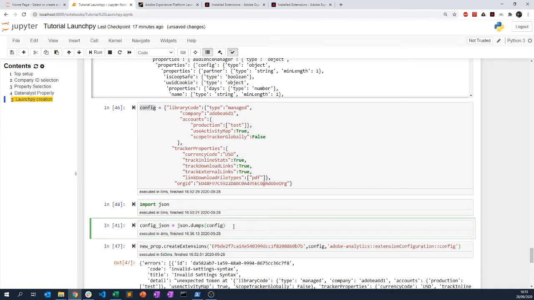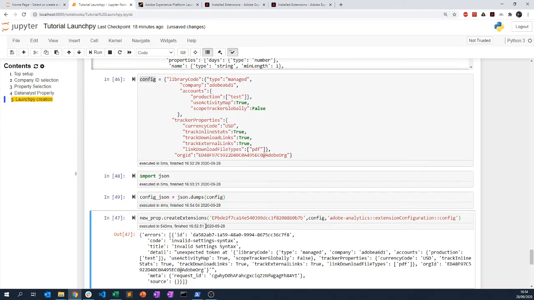I create a new dimension, which is config_json, and with json you use the method dumps to create a JSON format string from this. If you do dump like this, it transforms it as a JSON. JSON with an s transforms it as a JSON string, and we are going to use that because it's how the Adobe Launch APIs are communicating to each other. So we do that, and now when we have the config_json,